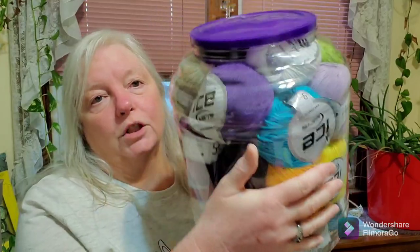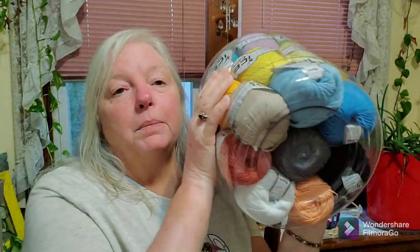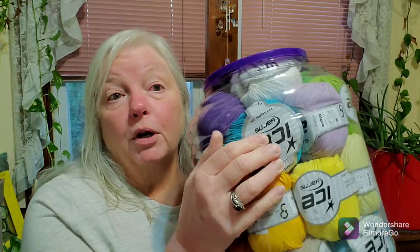Okay, so I bought all these colors, and they're in my cheese ball can. I know. But that way I can make all kinds of different critters and have the proper color that I might need. But there was not very much in the brown tones when I ordered originally, and I didn't even realize that until they came, and I'm like, gosh, I don't really have any brown hardly in here. I have tan and a gray, but no brown. And so